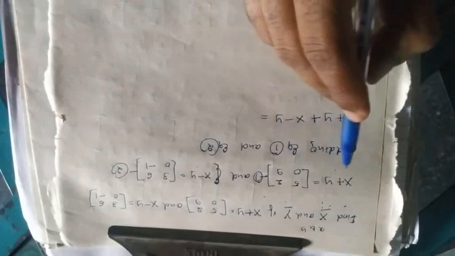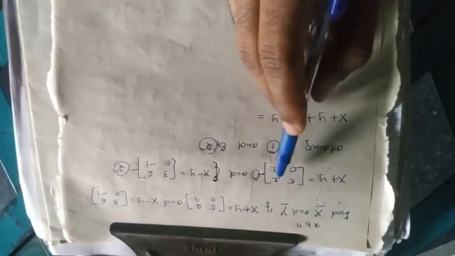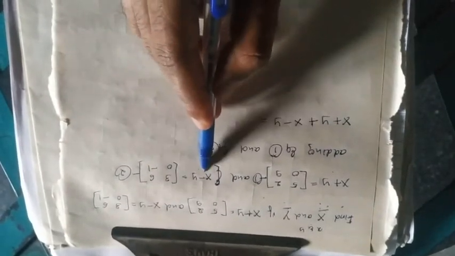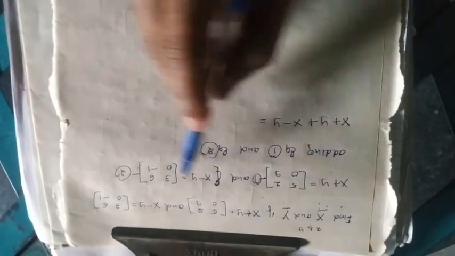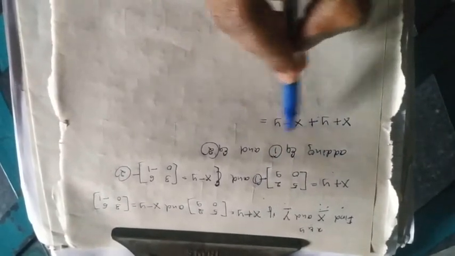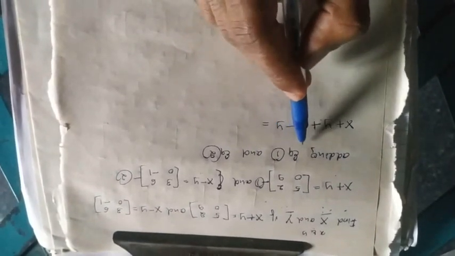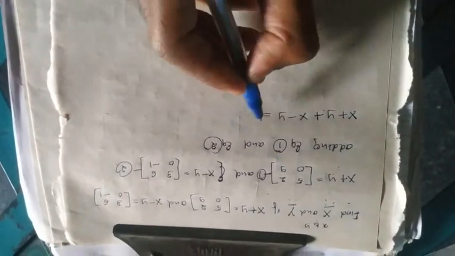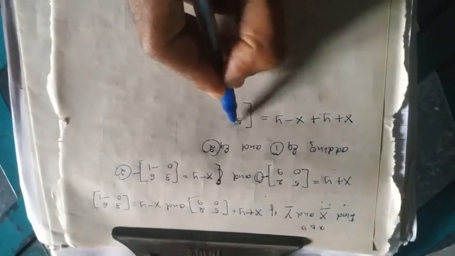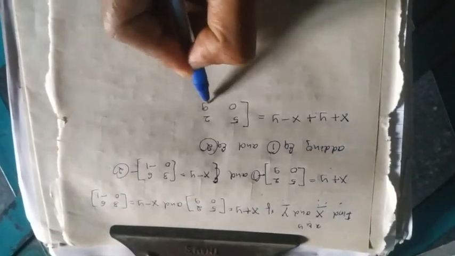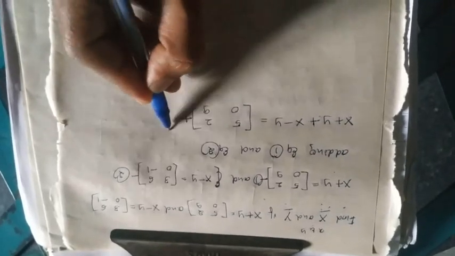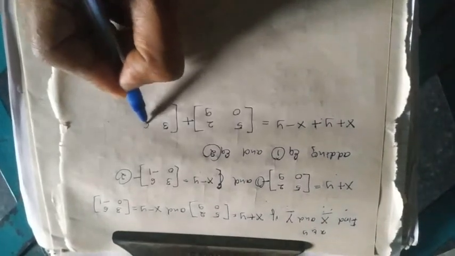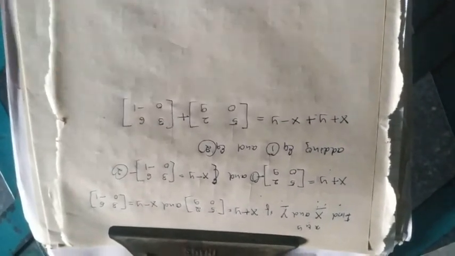What I did here: in equation 1 we have taken the LHS term, and in equation 2 we have taken the LHS term. From both equations we take the LHS terms and add them, because I have said here to add equation 1 and 2. In equation 1 the RHS matrix they have given is 5 2 0 9. Next, add equation 1 RHS plus equation 2 RHS, that is 3 6 0 minus. Very simple.